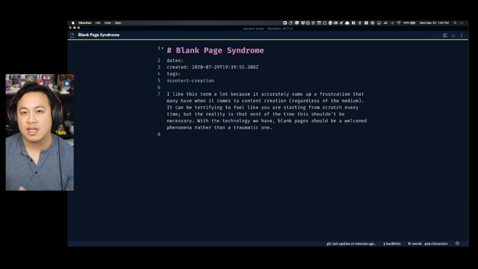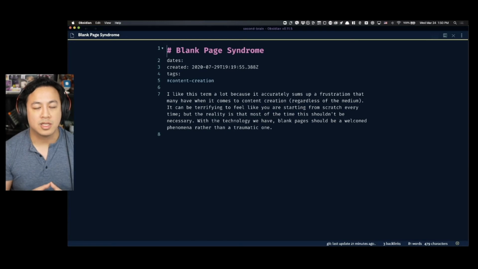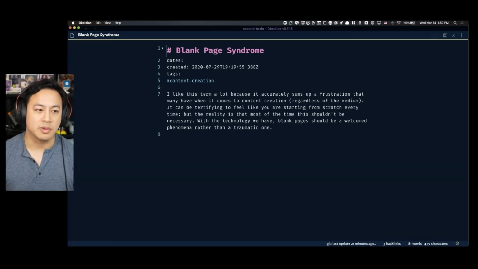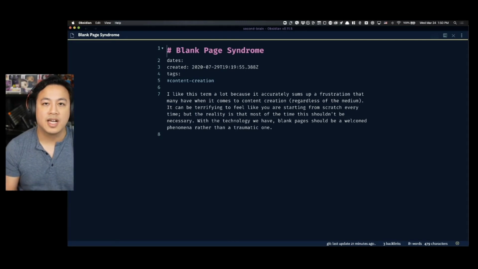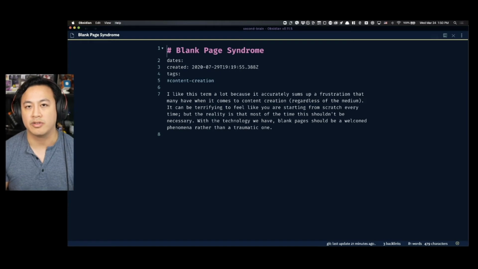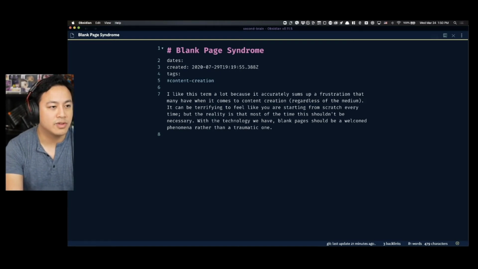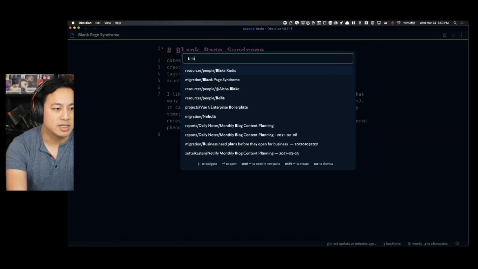And that's what I think a lot of systems fail to do well. Especially with most note-taking software, you end up dealing with some sort of legacy tech debt with your notes that makes it almost impossible to figure out where you started, and you basically have to start from scratch all over again. Because as you'll notice, for example, when I open up blank page syndrome, it's sitting